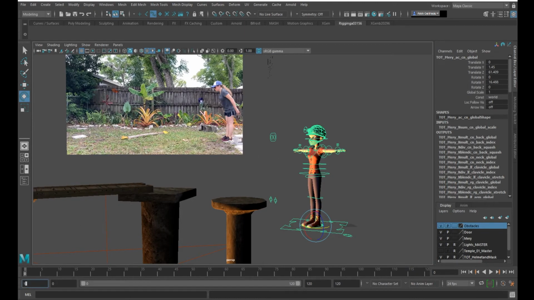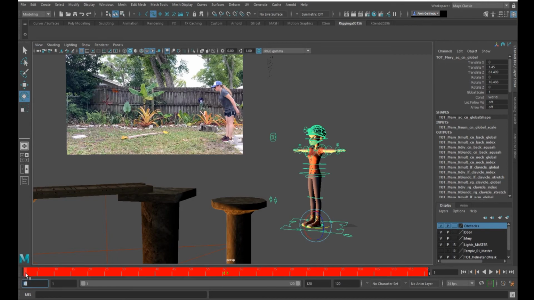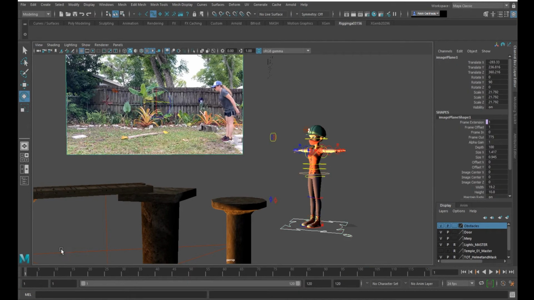I want to start this animation at 1. I don't want to start at 0. And if you notice, as we go through, let me extend this. We're at 24 frames per second, but my video that I recorded for reference was at 60 frames per second. So it's going to take a lot of time to get to those poses. And we might have to move the timing around after we get all of our poses set. I'd rather just go through, set all the poses, and then move the timing,